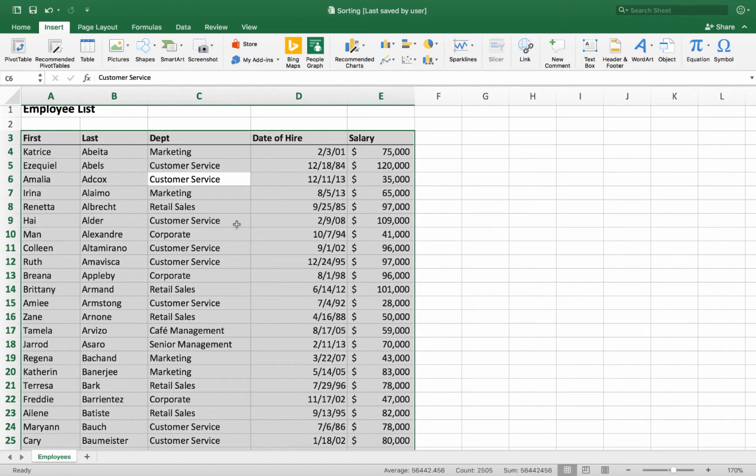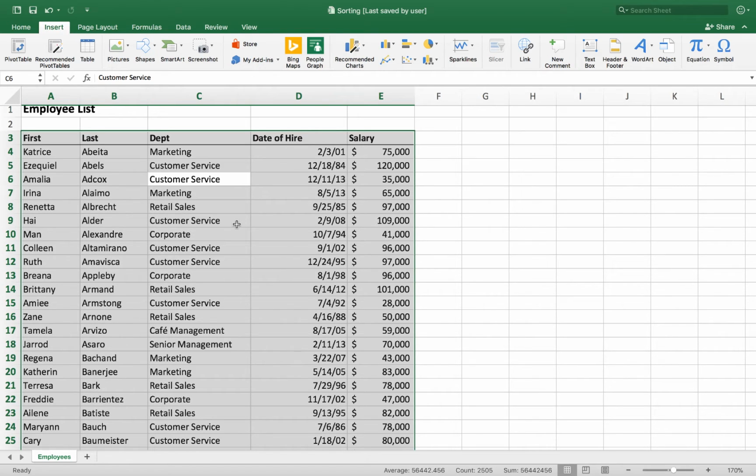Yeah, that's cool. Some of you are talking about huge data sets, so that's a cool trick to be able to highlight the whole thing. If you want to highlight it to copy it somewhere else or do some formatting, it's Command A on the Mac and Control A on the PC. And that's one of those commands, Mika, that you can use in other programs too. For example, if you're in Microsoft Word and you press Command A or Control A on the PC, that highlights all the text in your entire document. So if you had a 100-page document, that's a cool way to highlight all the text. So that's usable in other programs as well as Excel.